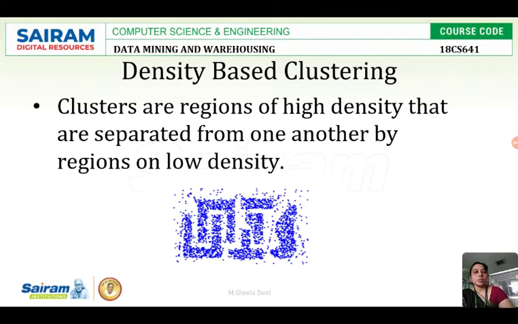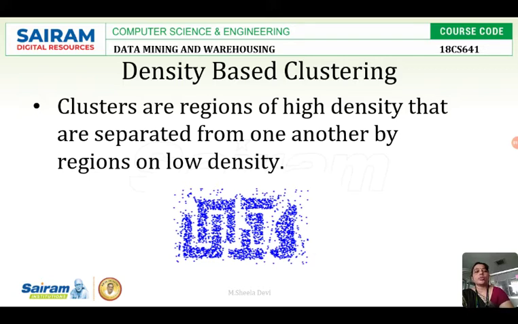Initially, clustering is nothing but grouping the items based on the proximity measure. Proximity measure is nothing but the similarity or dissimilarity measures. So in density based clustering, we are going to cluster the items based on the density of the items. If I have been given a new item or a new instance, how I am going to cluster it is based on the density. Yes, we'll see in detail.